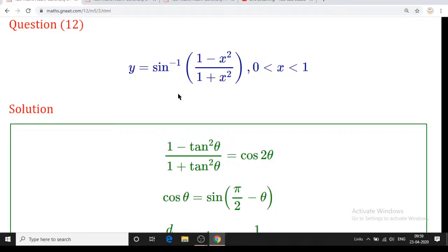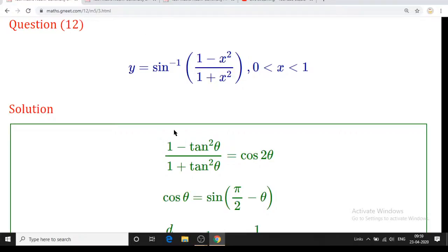Now to simplify, we can go with the direct inverse part as well. We can take the derivative using the sine inverse formula. But if you go that way, then this is a bracket, and we have to go for the derivative of the bracket. That naturally creates certain problems. For that, we will go for simplifying y first.